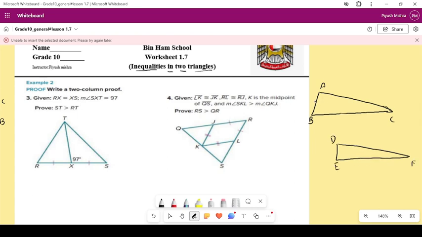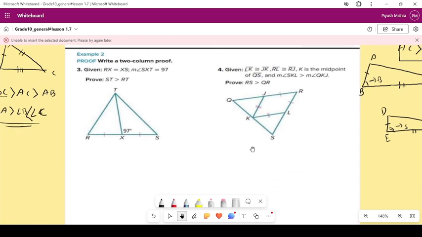It is telling that if this side is equal to this side and this side is equal to this side, then I want the angle between these two sides and the angle between these two sides. Okay, keep in mind, for the sides which are equal, I need the angle between these two sides only. So if this is the big one and this is the small one, then opposite to the bigger angle, side AC will be greater than the side opposite the smaller angle. What is the side opposite? DF. So this is the theorem which we will be using again and again to solve or to prove all these questions. Let's begin it.